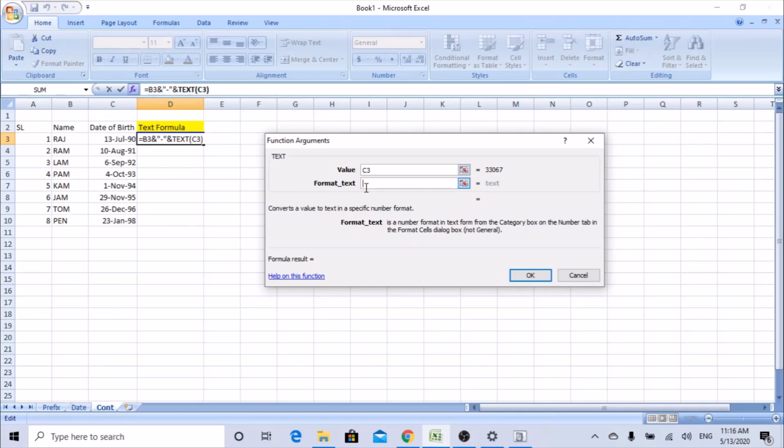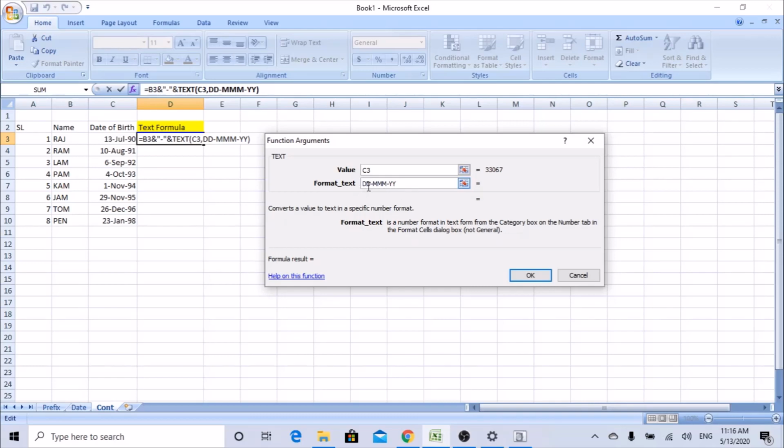So what we are trying to get is here. So I need to get as it is in the column C. So it says 13 hyphen July hyphen 90. I need to get it same. So I don't need to change anything there. Let's add that. So 13 is nothing but day. So I add 2 D's hyphen. July has 3 characters, sorry. So let me add 3 characters, M. Here it is 2. So let me add Y.